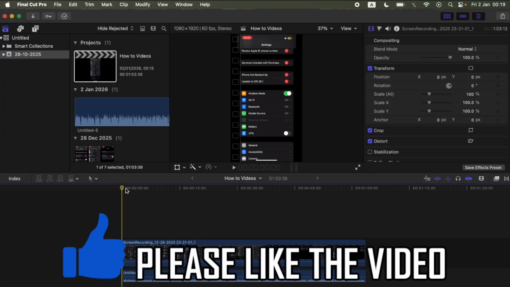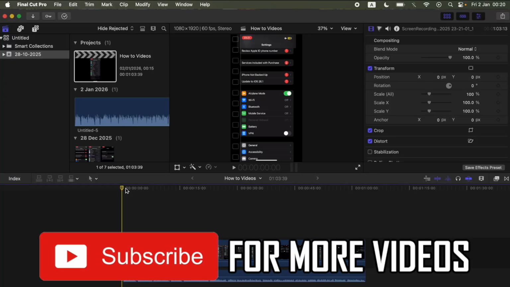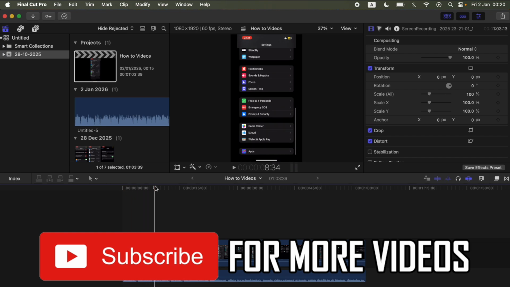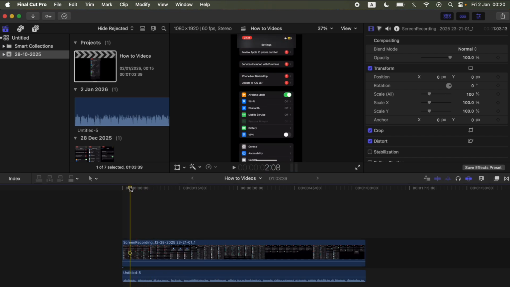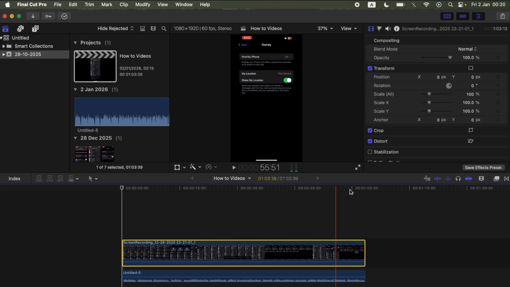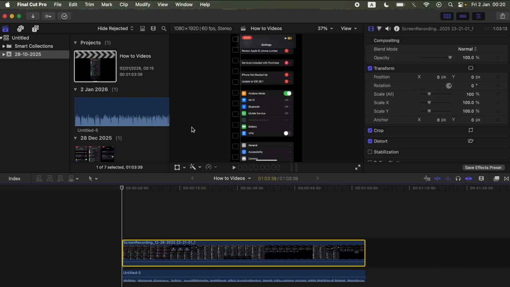How to change aspect ratio in Final Cut Pro. This is going to show you how to change from vertical phone video to YouTube size videos or whatever you're trying to do. So what you're going to want to do first of all is not click on the video